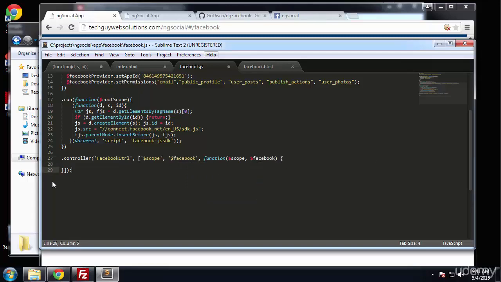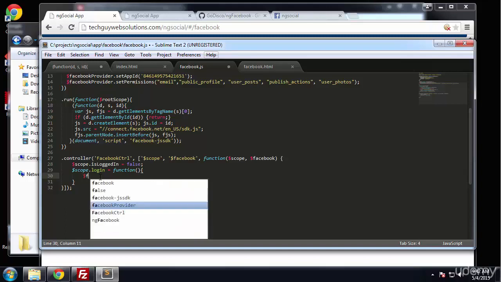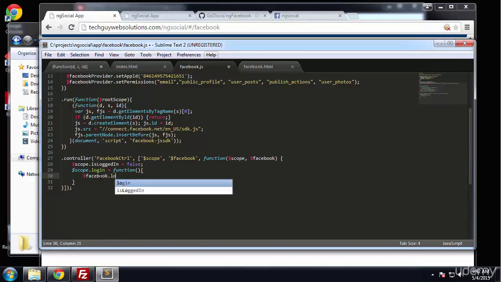Alright, and then down here, what we're going to do first is we want to set isLoggedIn to false. Alright, and that's going to be a scope value. So $scope.isLoggedIn, and that's going to be set to false. Alright, now what we want to do is we want to create a login function. So we'll say $scope.login equals function. Alright, and in the function, we're going to use the Facebook object. So Facebook.login,